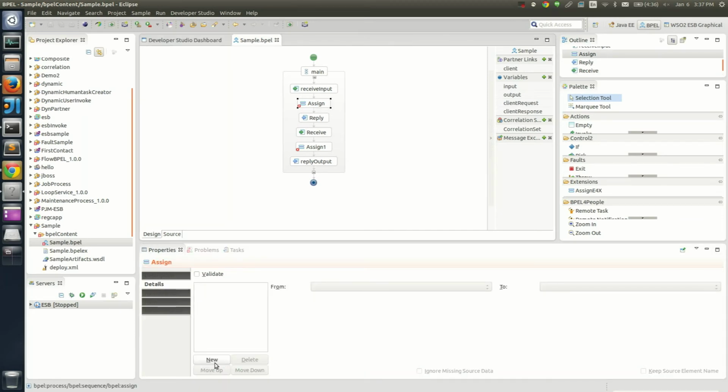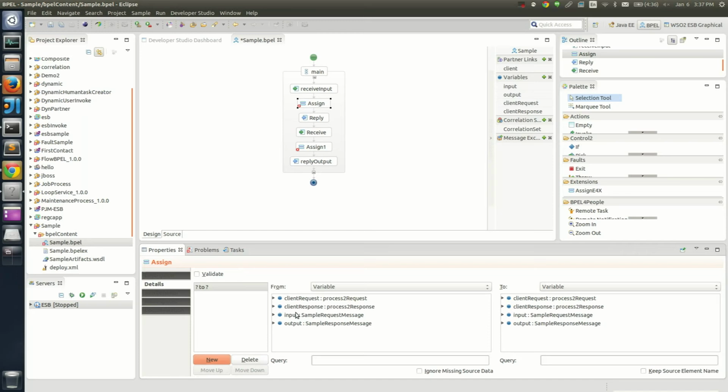Now let's add some simple queries to assign elements to identify the flow through the response message.